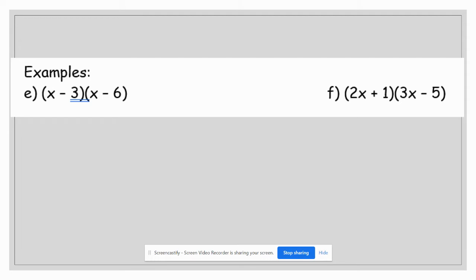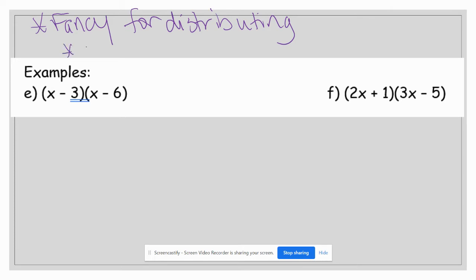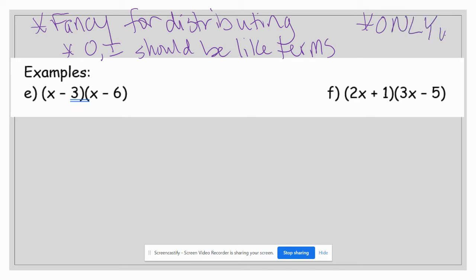FOIL. So FOIL is basically a fancy word for distributing, because that's basically what we're doing, is distributing. And the O and the I should be like terms many times, not all the time, because it depends on what you're multiplying. And this is the biggest thing. This only works for a binomial